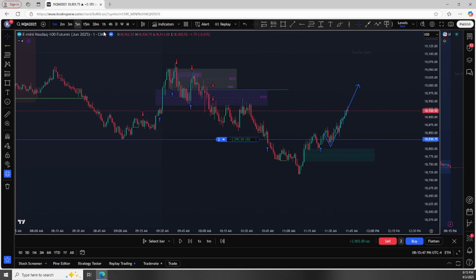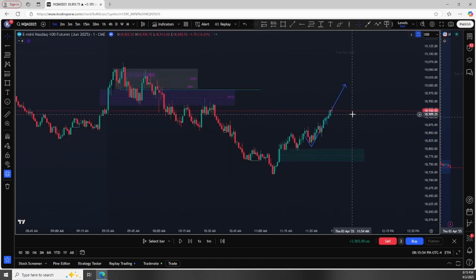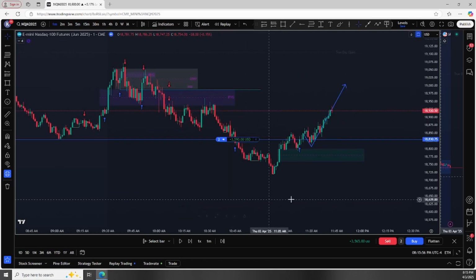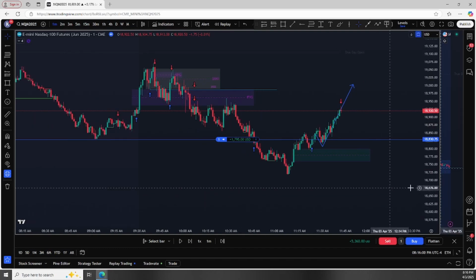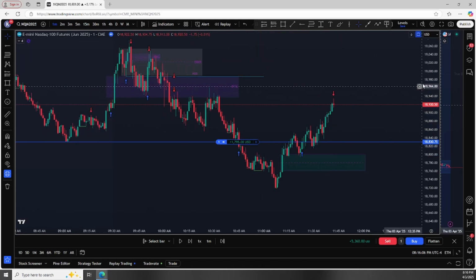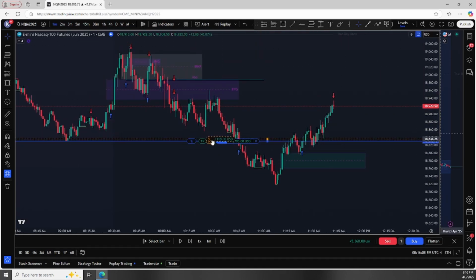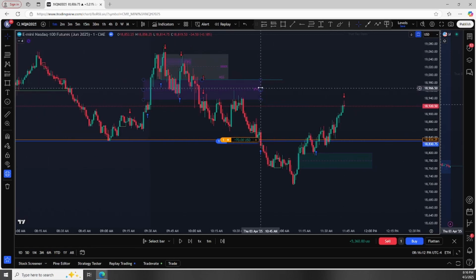And let's see what the 5 is looking like. So we got into that order block, still looking good. So let's take a profit here, trim one. Just remember the 4 hour is still technically long-term bearish, so we don't want to force anything too crazy. Then we'll run a stop loss, break even. And then the next